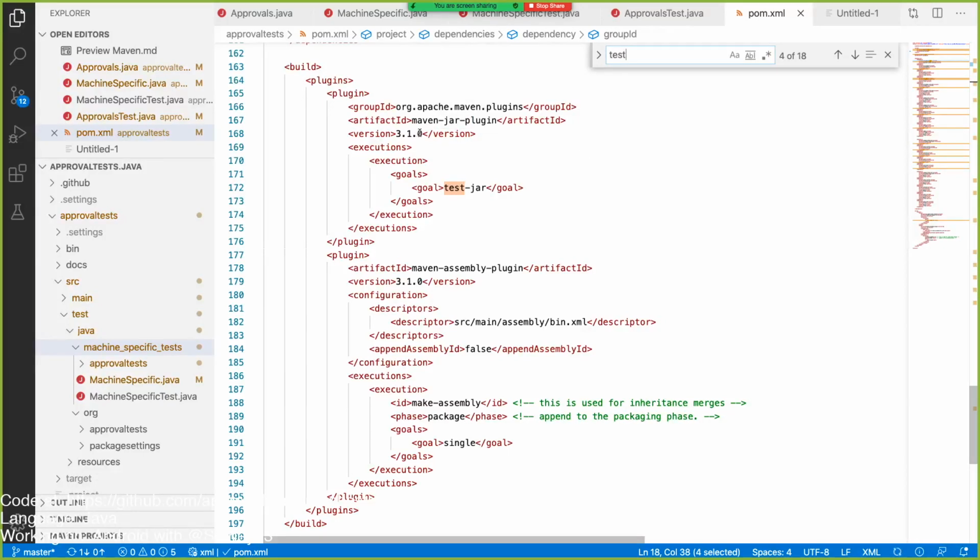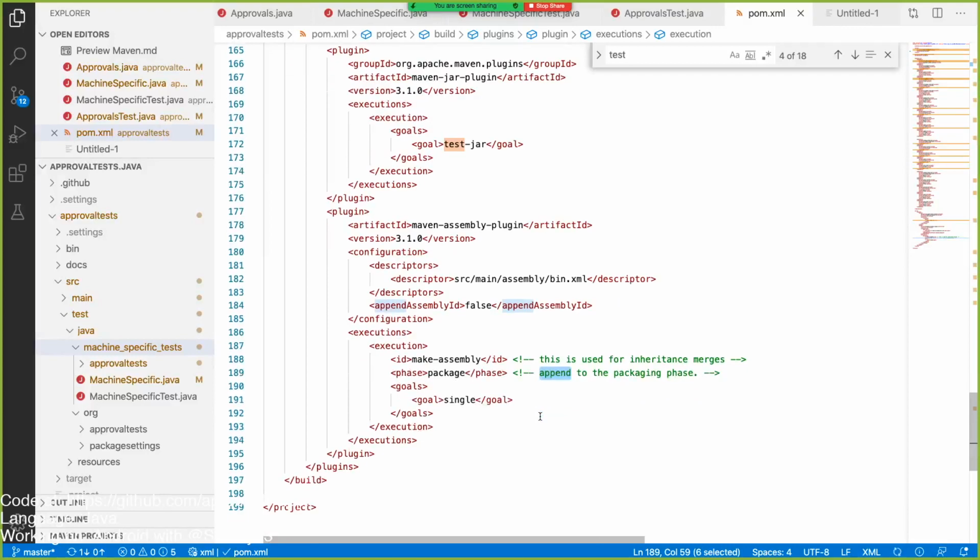So I think this is saying build the Maven plugins. Test jar? I'm not sure what that's saying. I'm not sure. This is for parents merges. Append to package interface. Alright, I don't know why that is. I can run this in Eclipse. So my suggestion is, once I turn off Twitch, I'll try doing it. And in fact, let me